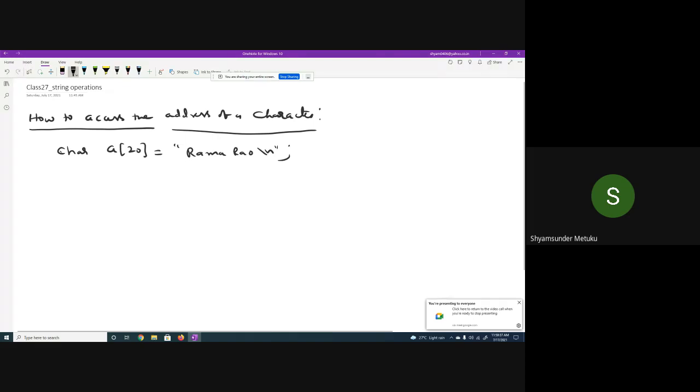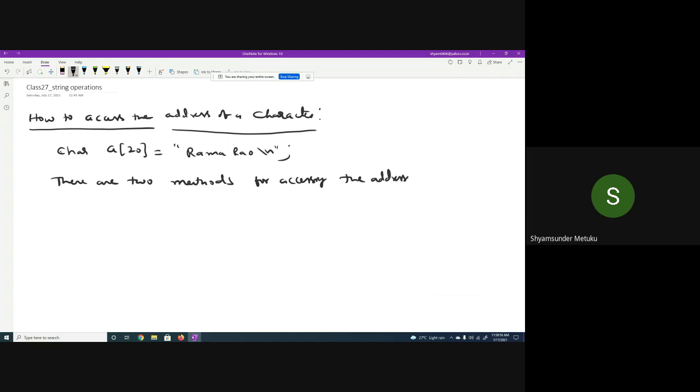I wanted to print the address. So there are two methods of accessing the addresses of array elements.